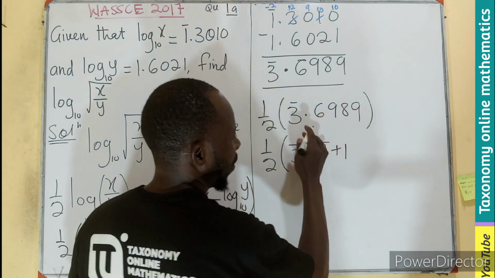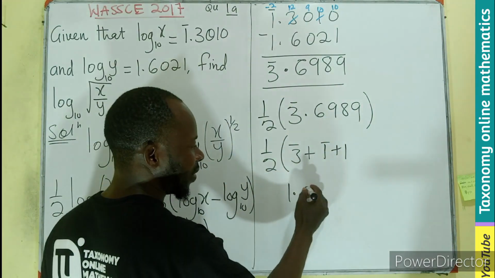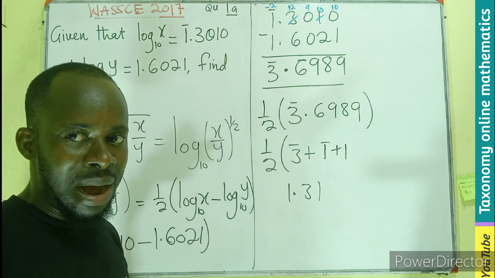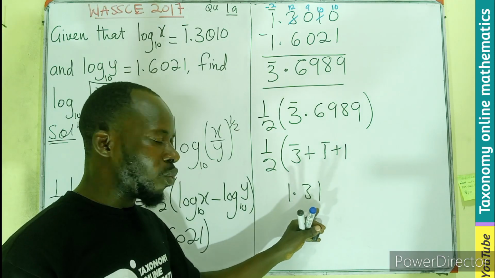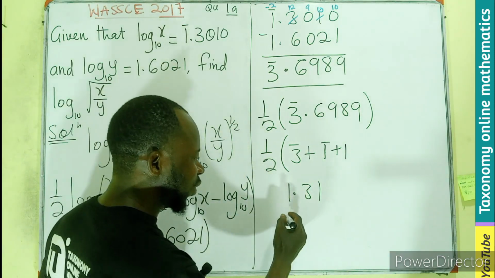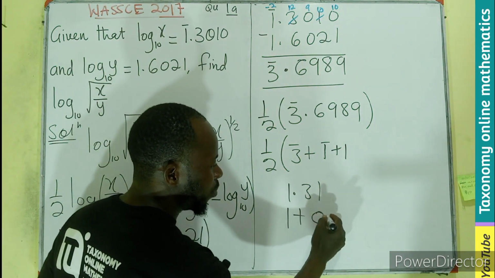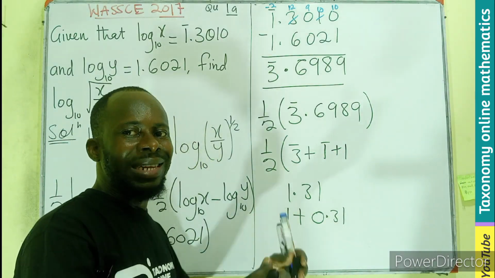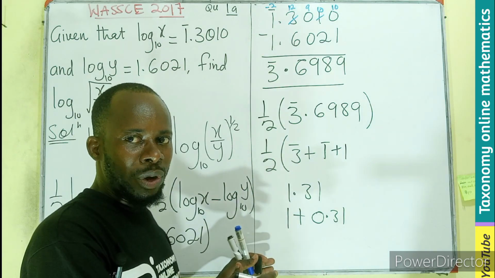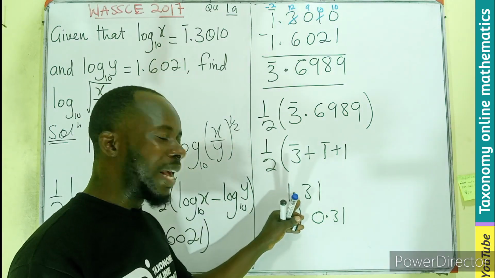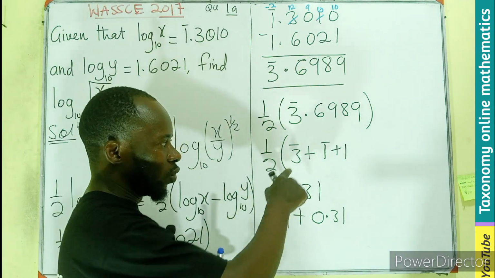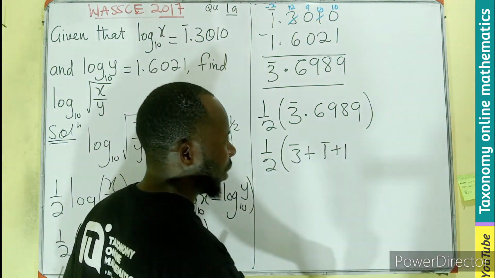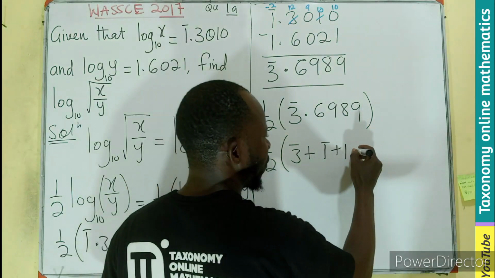Don't forget, if I have, let's say, 1.31, that is one whole number, then 31 divided by 100. So this is going to be 1 plus 0.31. I can separate them. The whole number plus the decimal fraction will give us what we have first. So this could be the same as 1.31. So in the same vein here, since I have taken care of the front, which is the whole number, I'll be left with plus